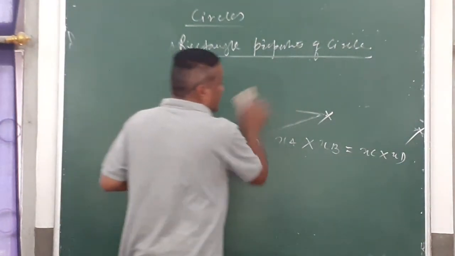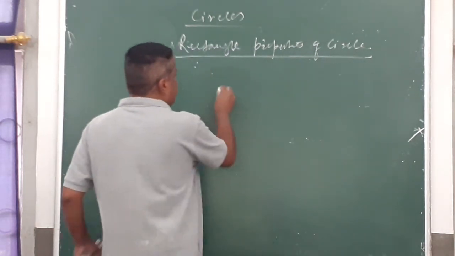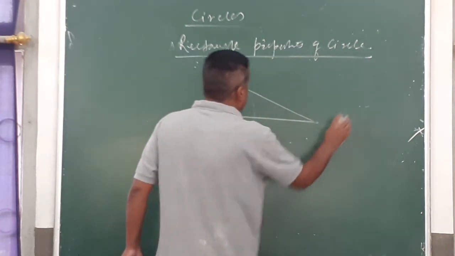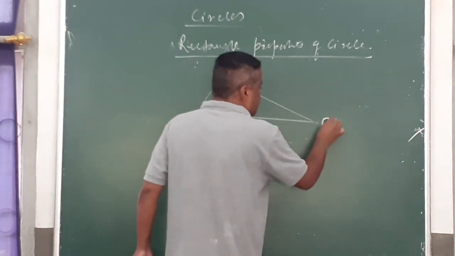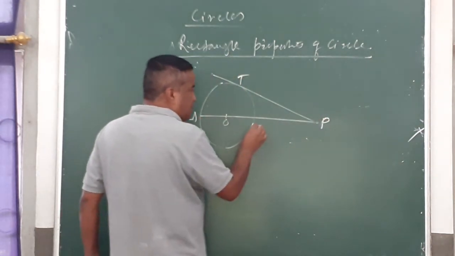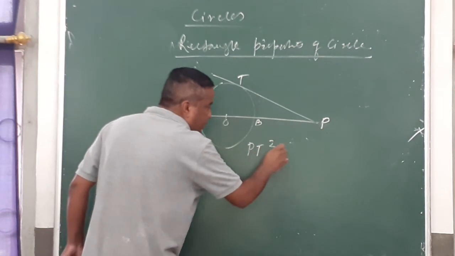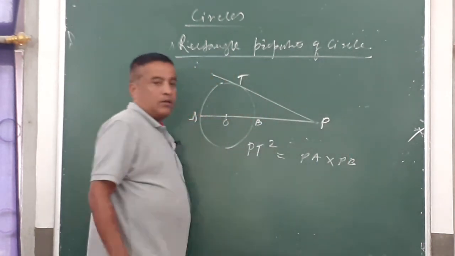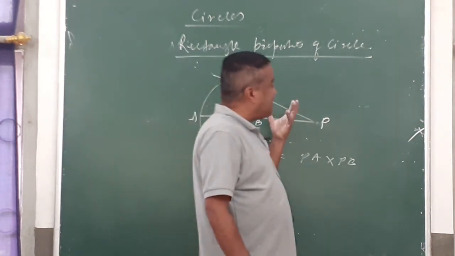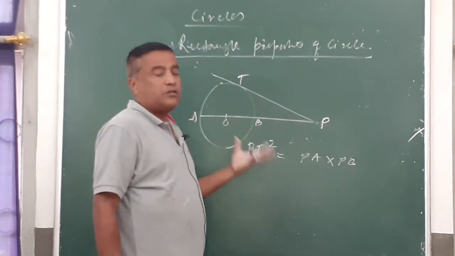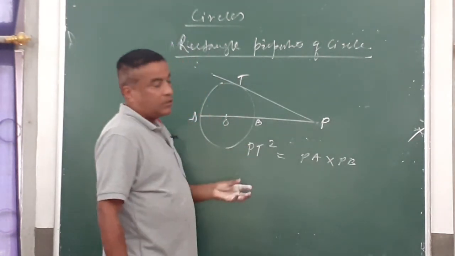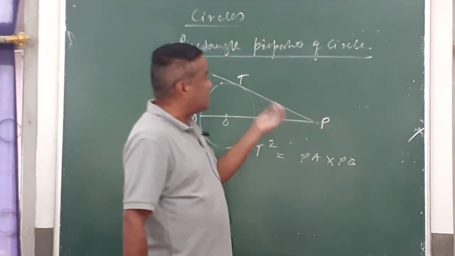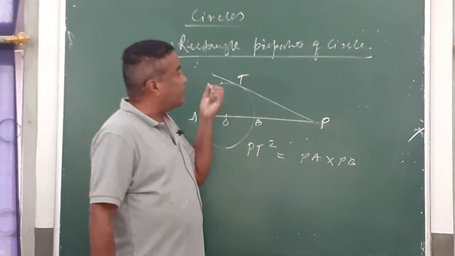Okay. And number third and the last formula is, this is circle, this is extended chord and this is tangent. Okay. This is T means tangent. Suppose this is P, this is A, this is O is the center and this is B. The formula will be PT square equals to PA into PB. Now these all are the properties of circle. Okay, and please learn these properties, because without properties circle is not possible, because you have to write the reason why this angle is similar to this, under which condition you are writing this angle is 60 degree, 30 degree, etc., etc. You have to give the reason.